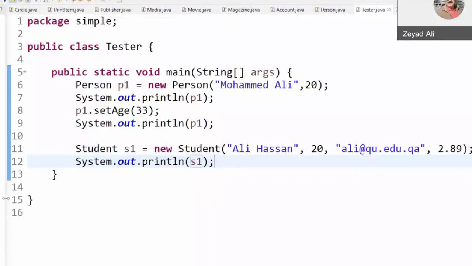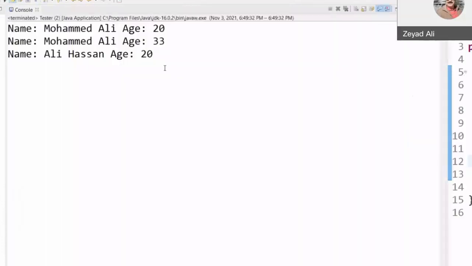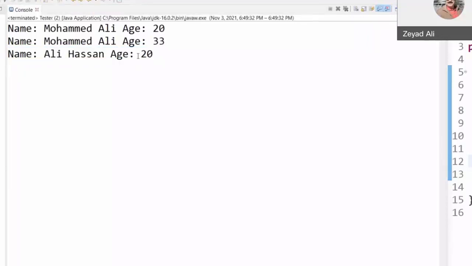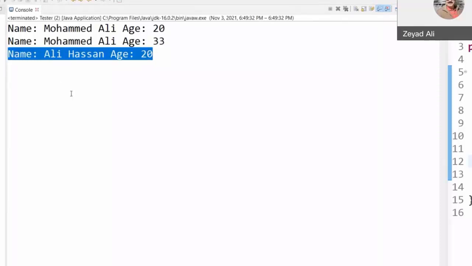So, let's look again at the output. You still get the same output here for a student or a person. So, what do you want to add? I want to add only the email and the GPA. So is the thing in the superclass still valid? Yes, it is still valid, but I just want to add to it.